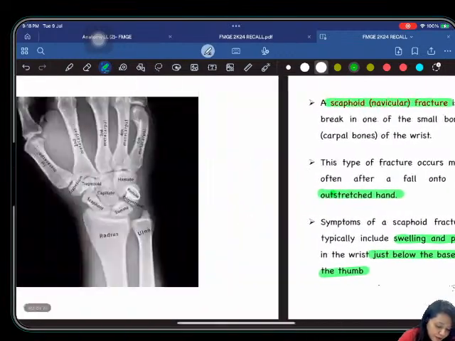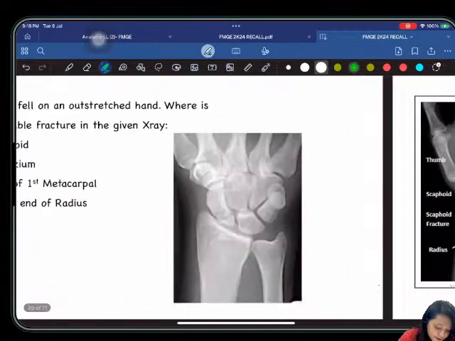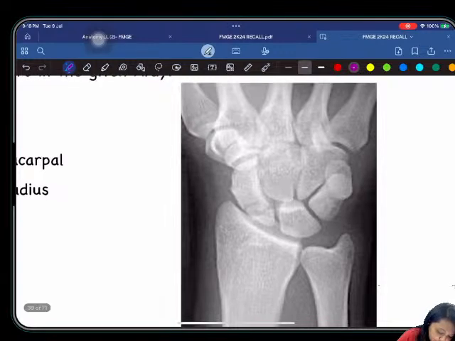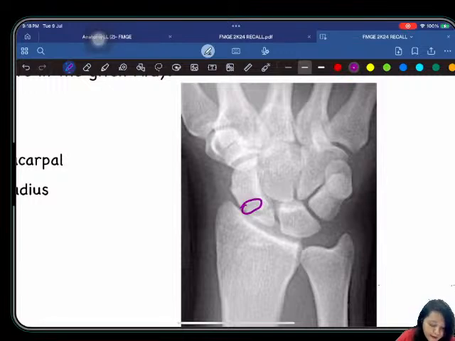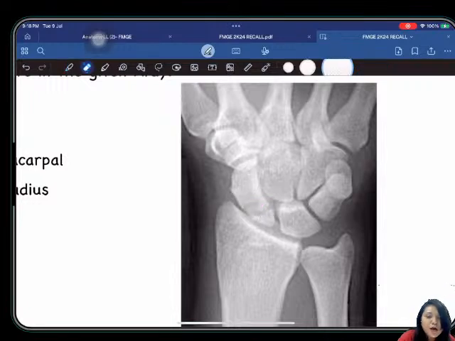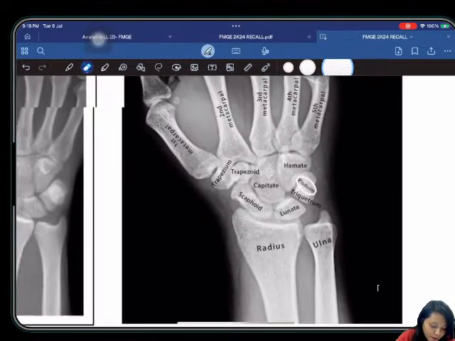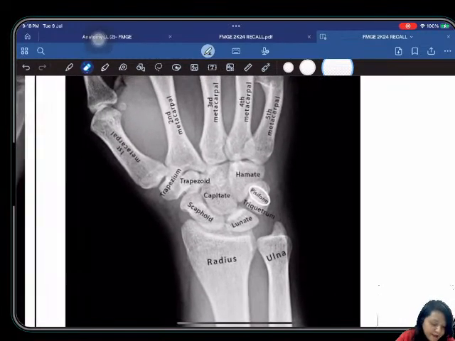Okay, now here you can see in this image there is a hairline, not hairline, there is a good fracture here, this area. Okay, and this is a scaphoid. Okay, this is a scaphoid bone. Now before knowing that, you should know how to name the carpal bones. Carpal bones naming कैसे करते हैं? So you should know that. So you can see here in this X-ray,